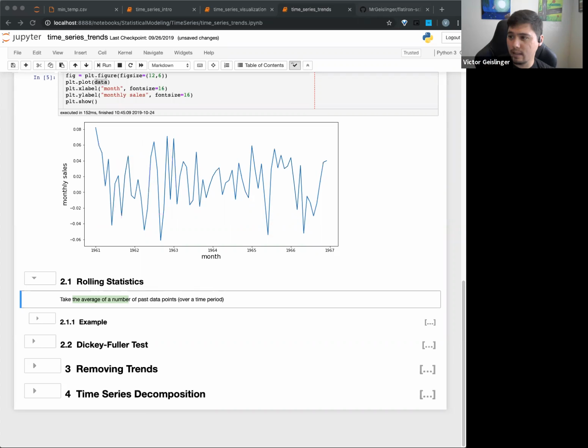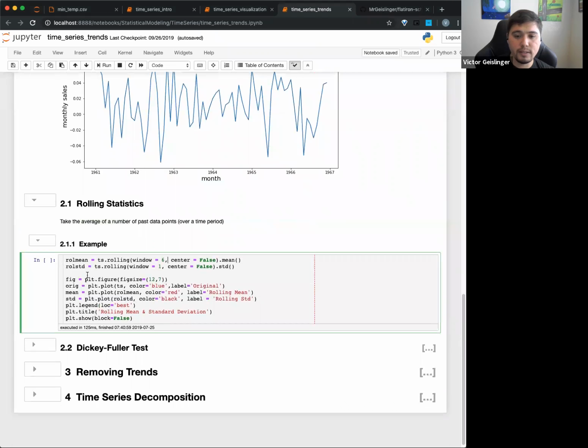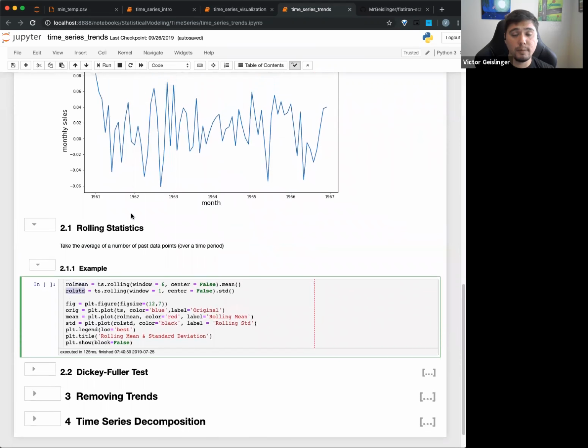So I think it's best if we see what this looks like. In this case, I'm going to do a rolling mean, but I'm also going to do the rolling standard deviation. Now I'm going to take this window, in this case 6 points, and I'm actually going to change this to 6 as well. And I'm going to move that window so it looks at the previous 6 points to find the mean and the standard deviation. So if I do this now,